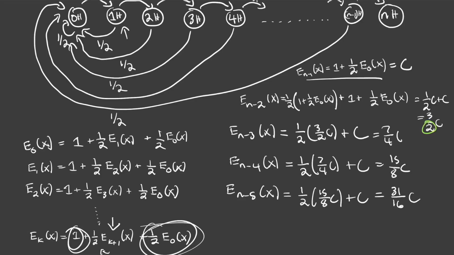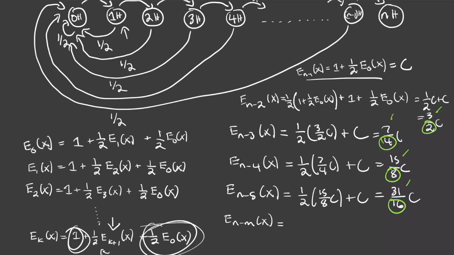So the pattern is I'm multiplying this term here on the bottom by 2 every single time, and this term here on the top, you notice, is basically a multiple of 2, but you subtract 1. Like this is 16 minus 1, this is 32 minus 1, this is 8 minus 1, this is 4 minus 1. So for e sub n minus m of x, in this case when m was equal to 5, I had 31 and 16.